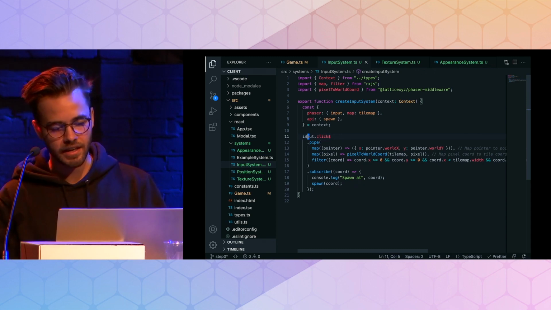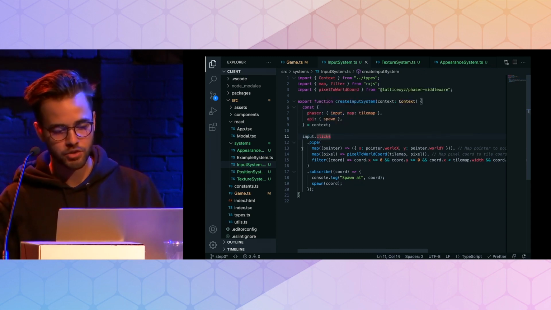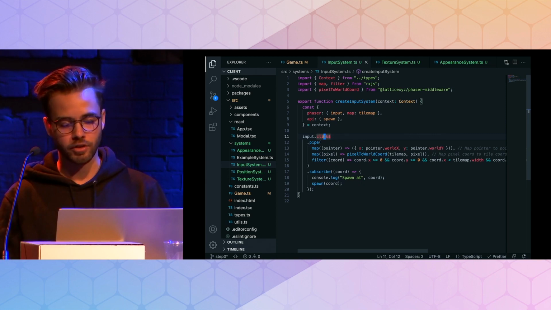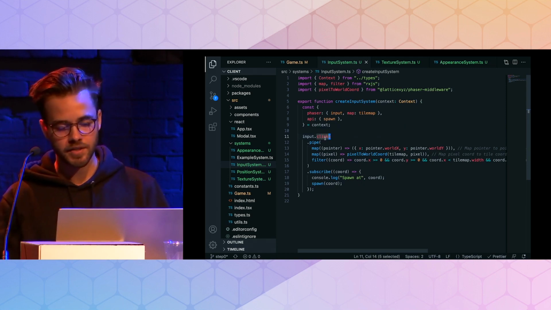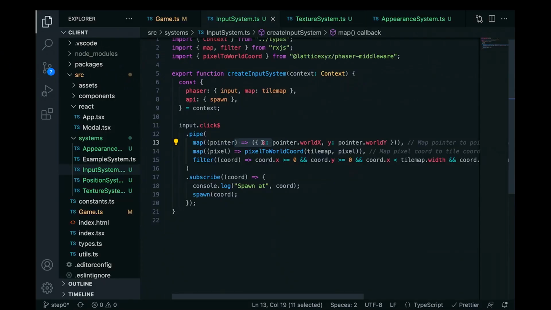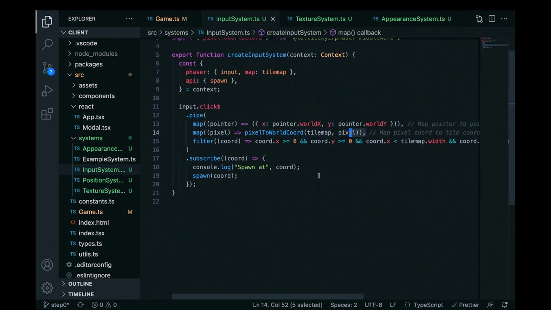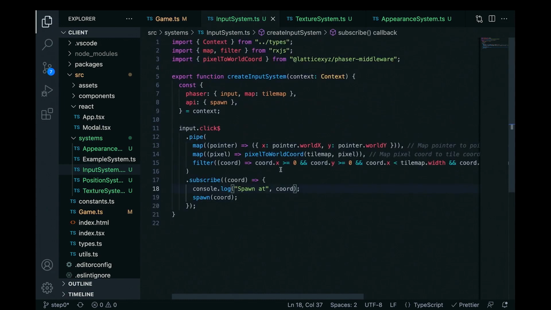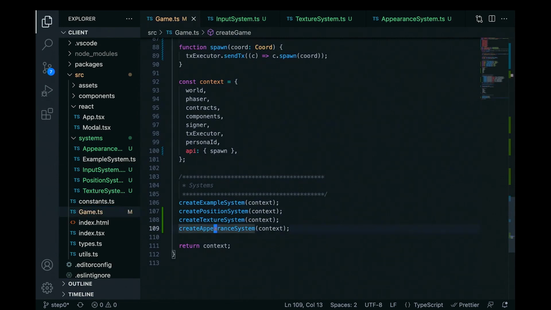What this one does is, from the package, we receive an RxJS stream of click events, basically. These click events include the pointer at that current position, and from that pointer we can get the world coordinates. So we do some RxJS mapping and piping. We get the world coordinates, then we transform those to a pixel coordinate, and then we filter those that are outside of the bounds of the map. Then we console log this just to see if it worked, and then spawn at that coordinate. So now if we connect this system here,